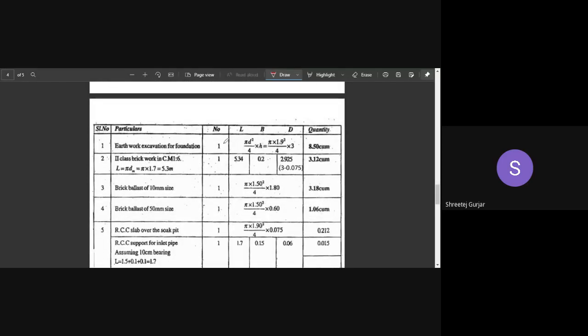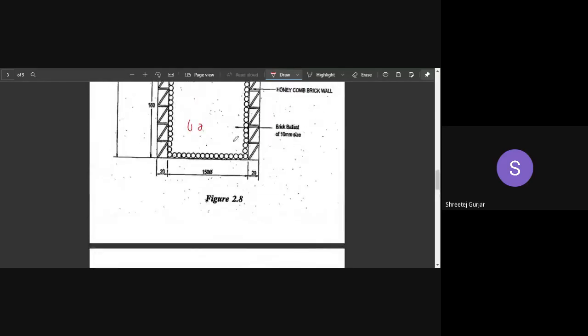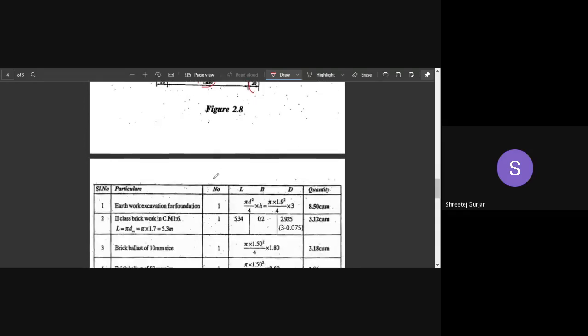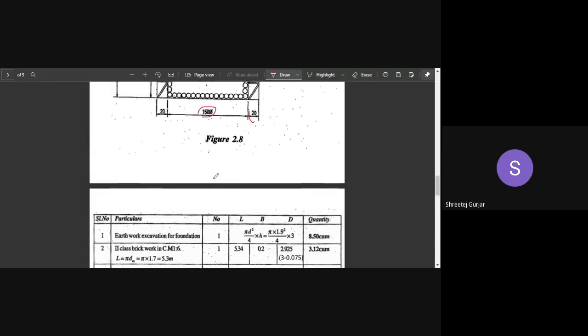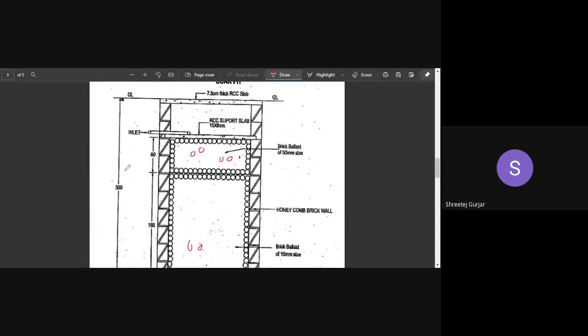Earthwork in excavation, 1 in number, right? Diameter is what? 150 plus 20 plus 20. It will be 190, right? 190 centimeters. And the depth of the excavation is given directly as 300 centimeters. So no problem, directly you can get the excavation. Then